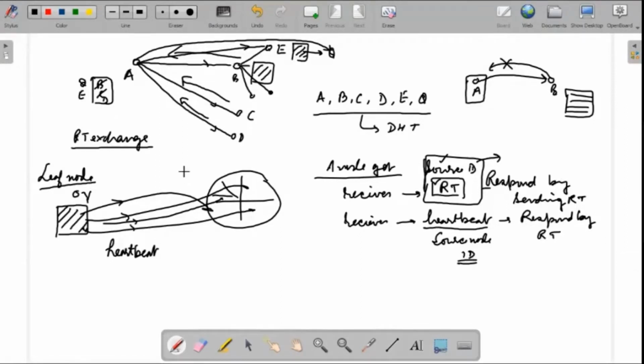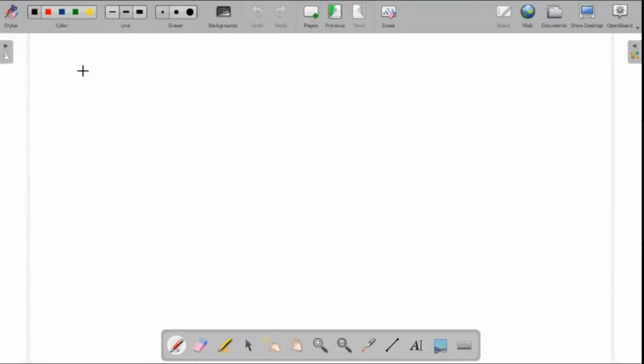Okay, so now let's come back to the situation I mentioned earlier: even with this routing table exchange, there is no guarantee that you will get a stable routing table. So this problem typically happens. In fact, I had mentioned earlier about logarithmic partitioning, where there is a node ID space. You are somewhere, so you find the smallest partition, then the bigger one, then the quarter, and then the half. So this is one partition, so you get one half. The second half is further divided into two halves, so you are on one of them.